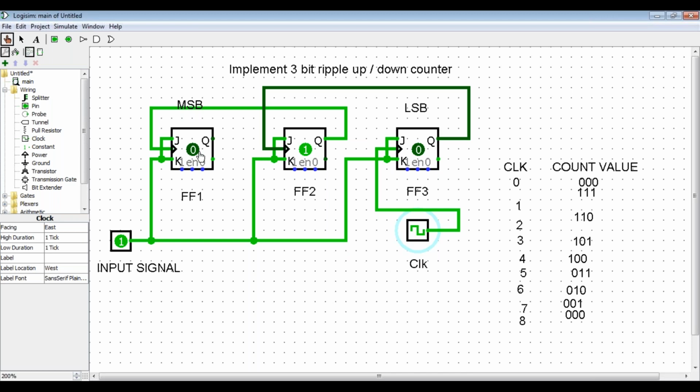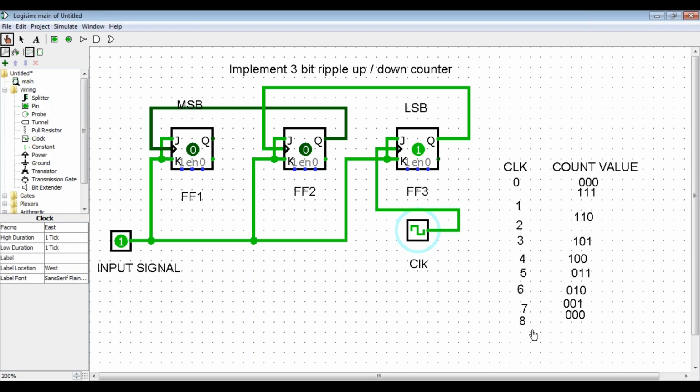So what you are getting is 0 1 0. For the 6th clock pulse, you are getting 0 1 0. Okay, fine. Next we are going to check the 7th clock pulse. For the 7th clock pulse, switch off the clock and again press the no time button. What you will get is 0 0 1. So for the 7th clock pulse, you are getting 0 0 1.